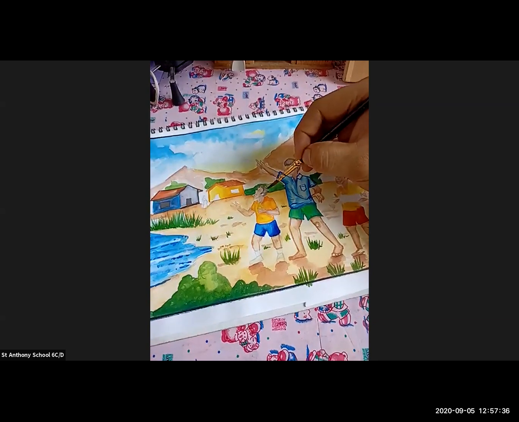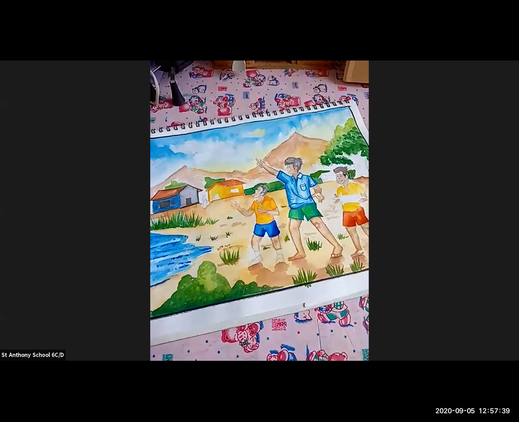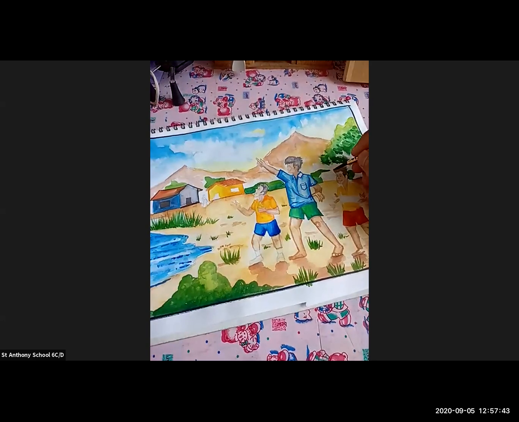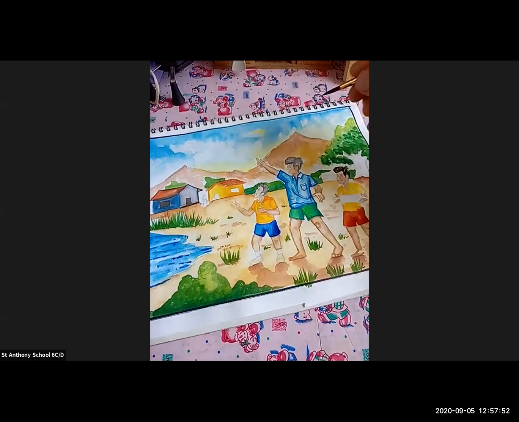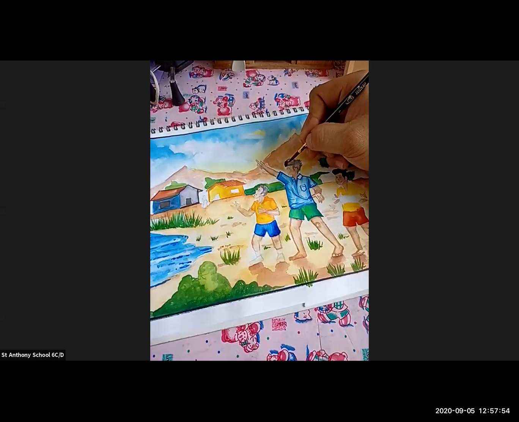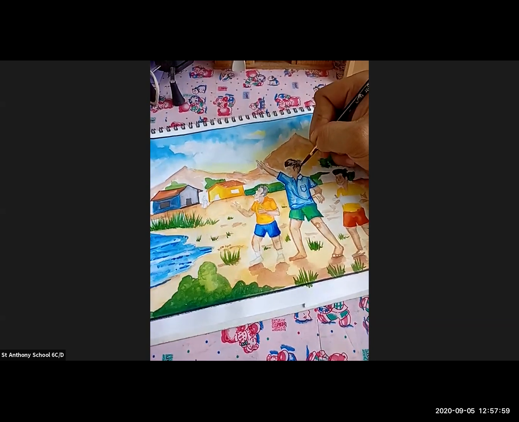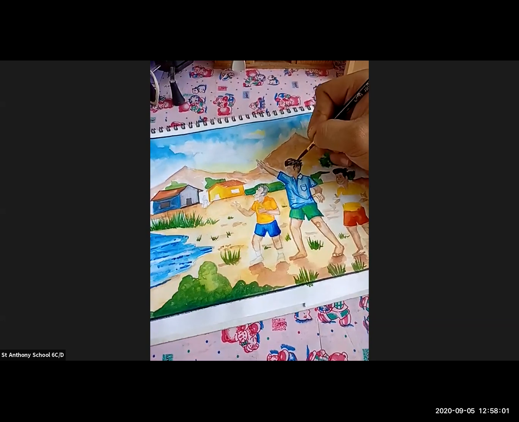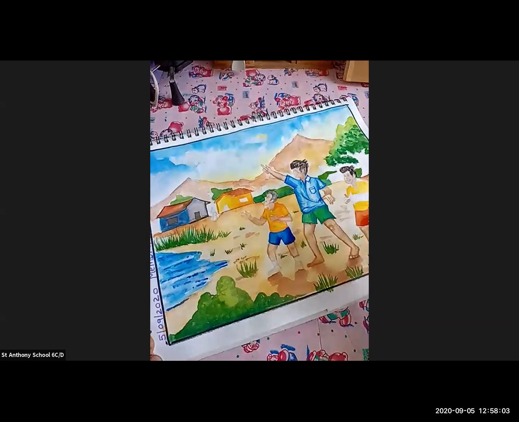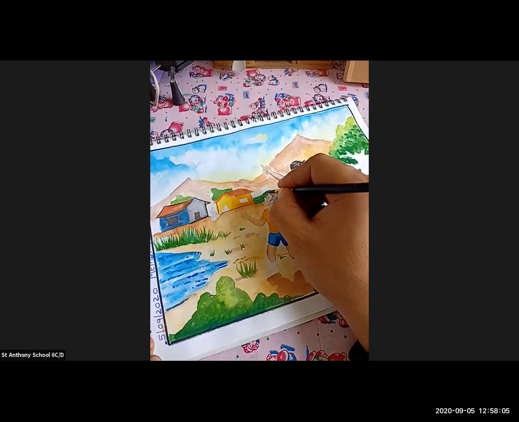hair. Okay, so for adding much more detailing, just dip the brush in the black and give proper hair like shades. Okay, add some lining parts to it and you'll get hair like shades over here. I hope each and every student is clear with this topic, how they are going to draw and how they are going to color it. Yes, each and everyone is getting how to do it and how to color it.